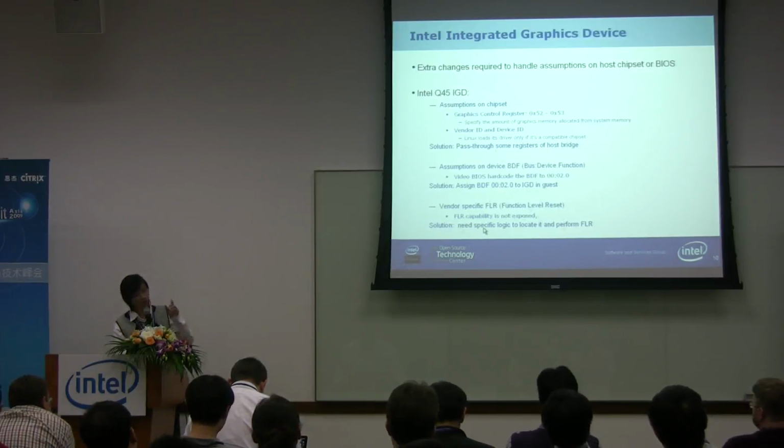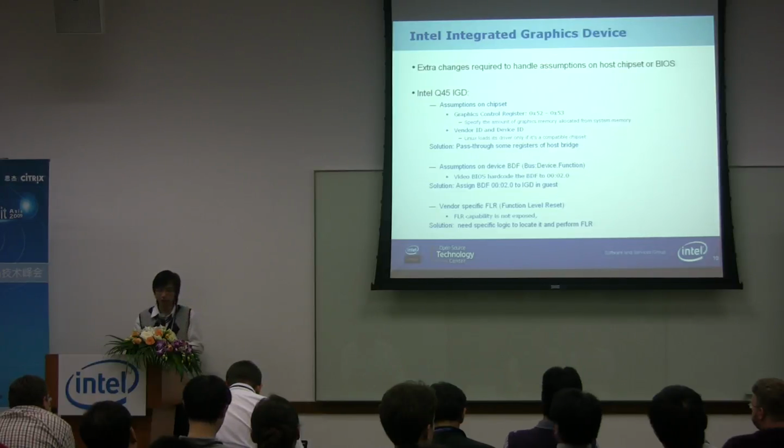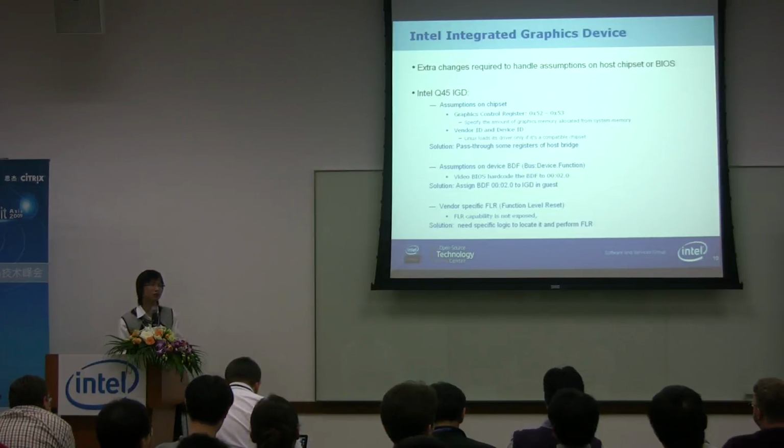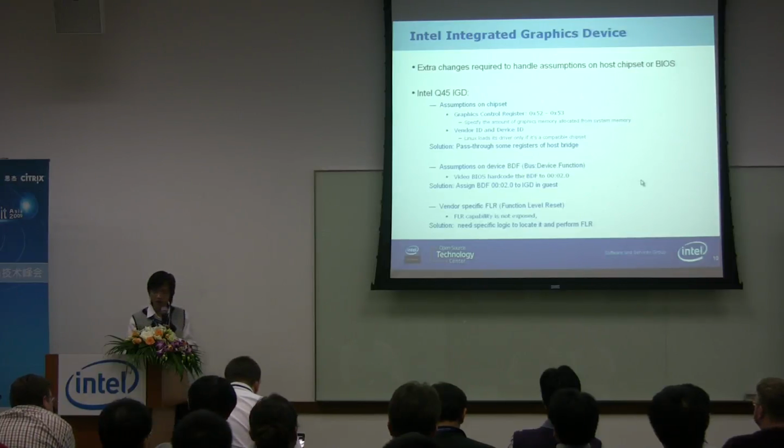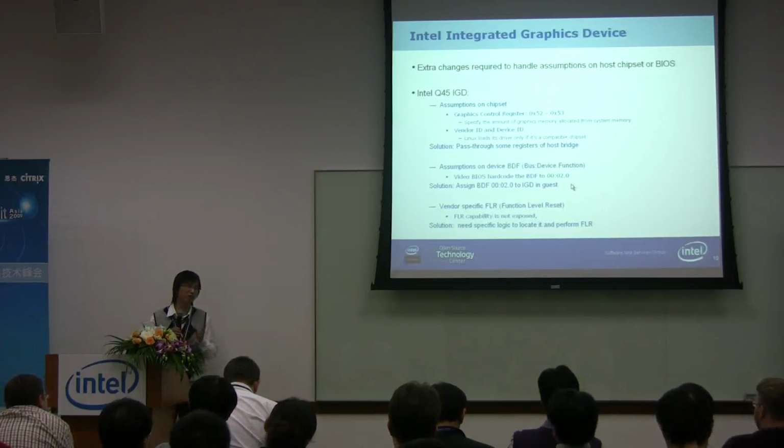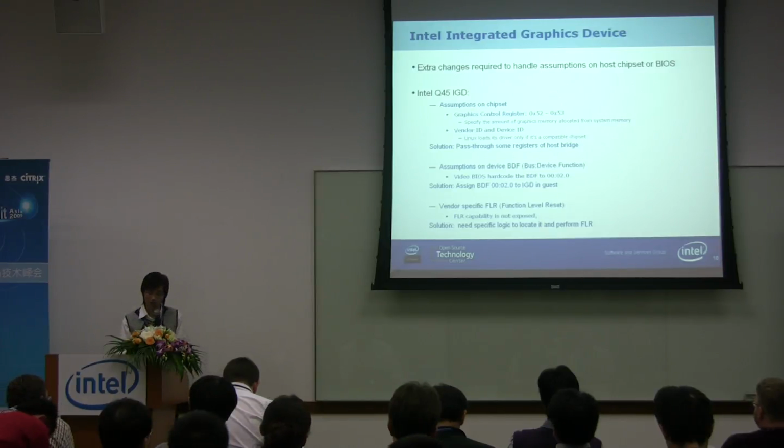But we found in the Q45 the IGD's FLR capability is not being exposed by the device, but actually this capability is supported. So it cannot be reset by the standard PCI reset method. So the solution is to need some